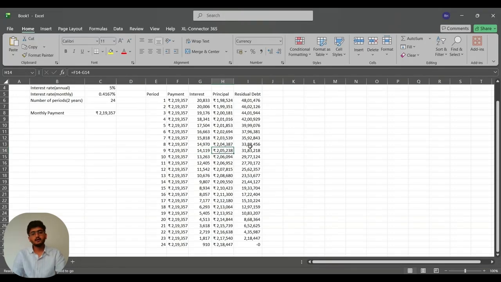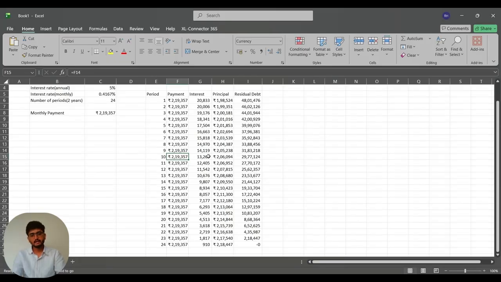So we are deducting, minusing the last month's EMI payment, debt. So it will come 31,83,218 rupees. Like that, the same we are doing for the 10th month also. The 10th month of the EMI payment is